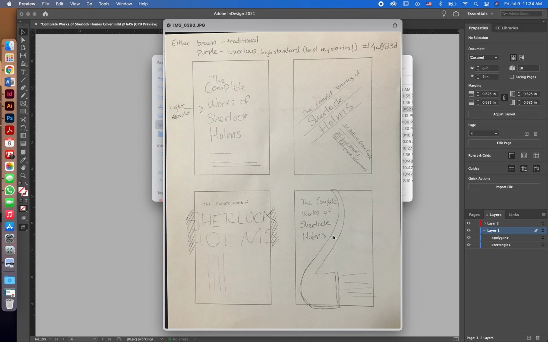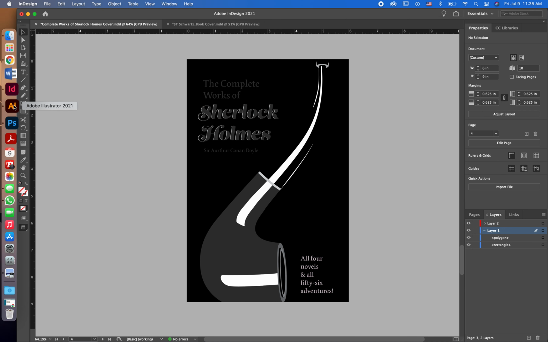I had contemplated using this pipe as a way to divide the page in two, and I liked how when I thought of Sherlock Holmes, a pipe seemed like a really good iconic image that also would function well on the page. This creates some good sections on the page, and I thought it would be a cool thing to try. So what I did was I went into Illustrator,